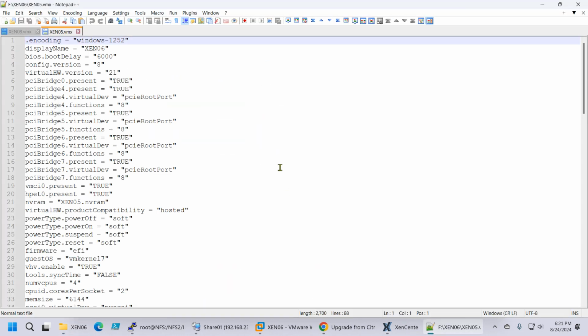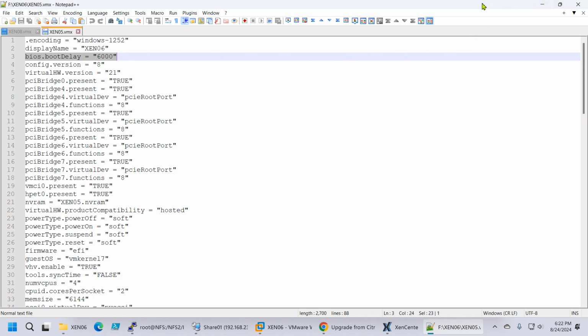I'm using Notepad++, and by default you will not have this line. So BIOS boot delay, it's not there if you edit any VM. You have to add this manually. This means that the operating system will start after 6 seconds, so that you have time to press F12